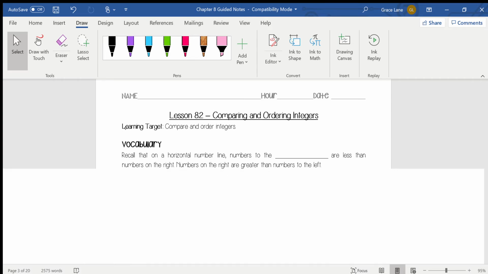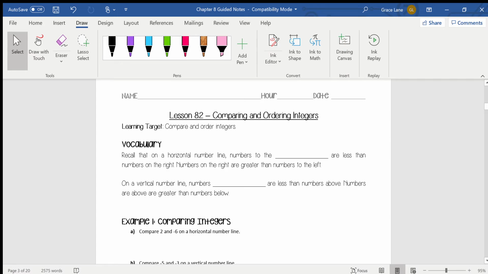Hi you guys, today we are going to be talking about integers again, but today we are going to be comparing and putting integers in order from least to greatest. And so we're going to be talking more about number lines. And so just quickly before we start, if you think about a normal number line,